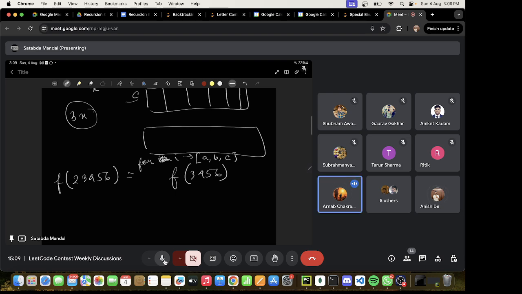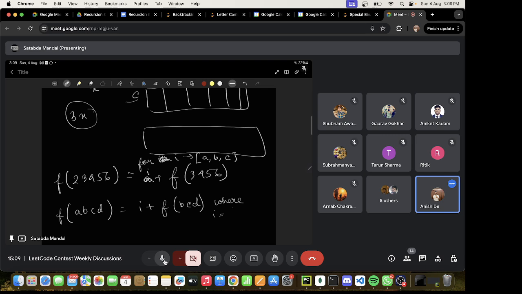Then we concatenate each character I, so we will add I plus f. So the recurrence relation is f of A, B, C, D is equal to I plus f of B, C, D,